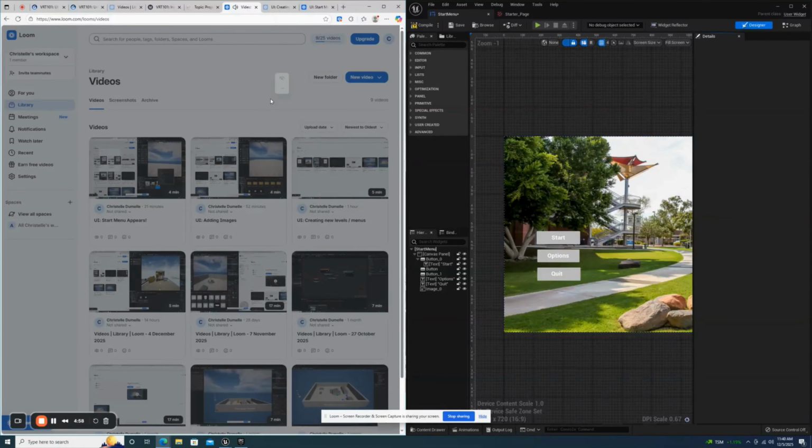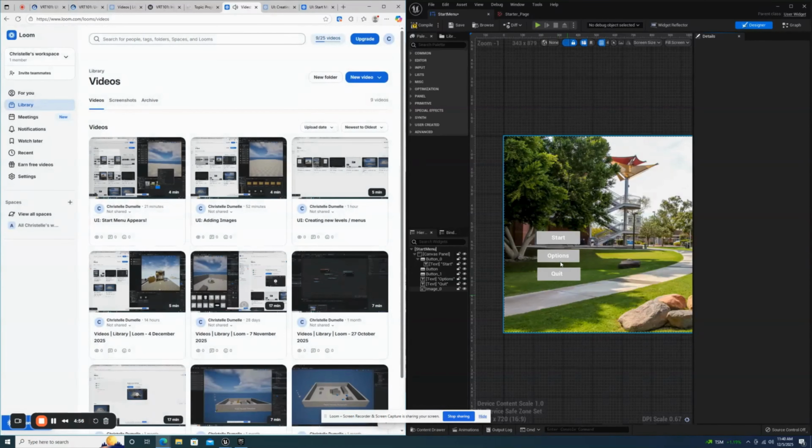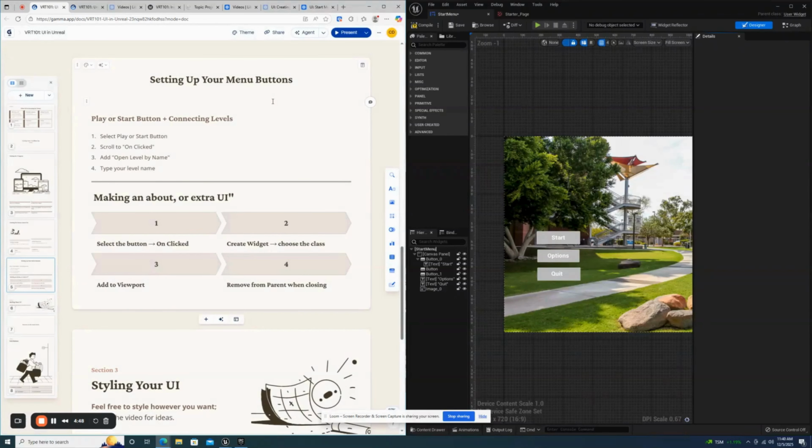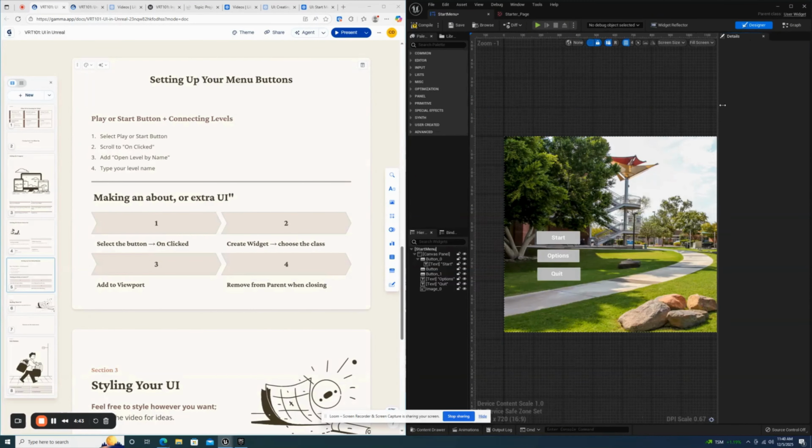So now that we've added an image and our buttons, how do we get these to actually work? Right here in our section of setting up our menu buttons, let's work this out together. Always make sure you don't click on the text, and that you actually click on the button